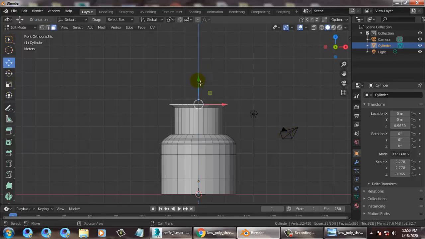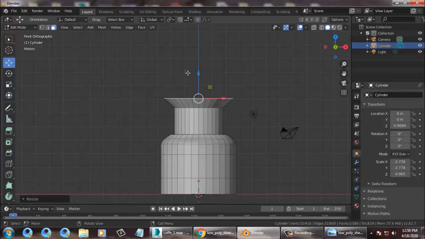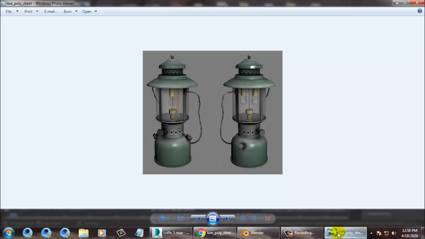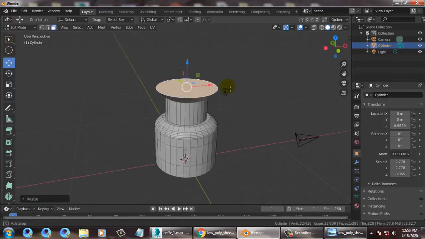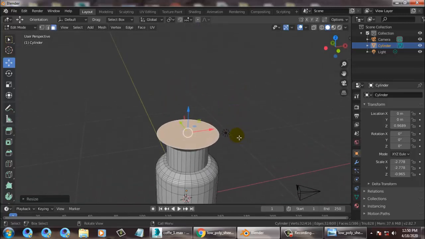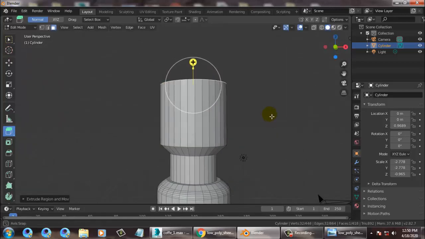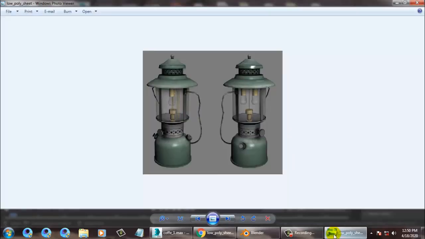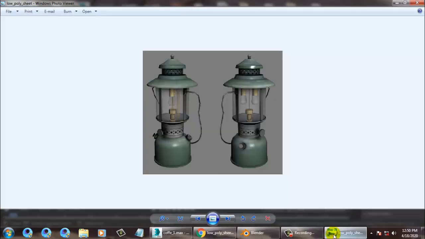We can just push this up a bit, just S, and scale it more over here, and you can again select the faces over here. You have an extrude option over here. So let's extrude this up, much better.